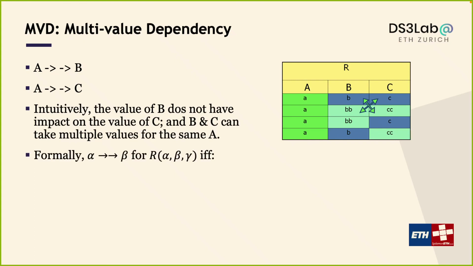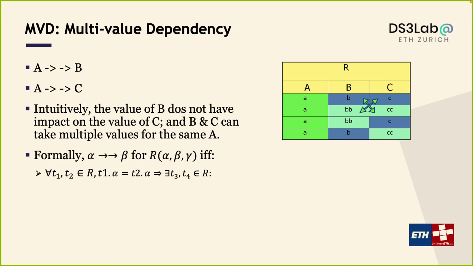So formally, this is what we do. We say there's a multivalued dependency from alpha to beta in a schema with three different collections of attributes, alpha, beta, and gamma. Assuming we say there's a multivalued dependency from alpha to beta, we mean the following. That is, if you take any pair of tuples in this relation, T1 and T2, that match on alpha,